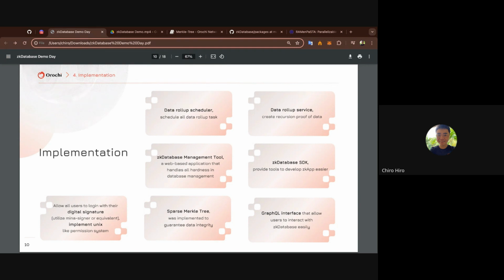To guarantee data integrity, we implement the data roll-up service to maximize efficiency when we do on-chain verification. With the advantage of the Kimchi proof system and O1JS, we can actually bundle a lot